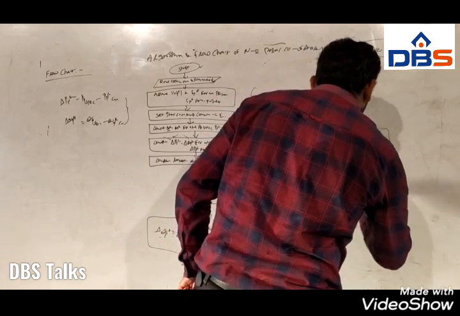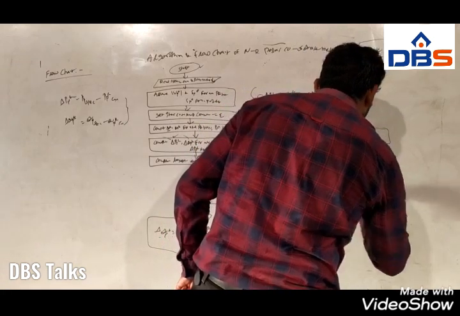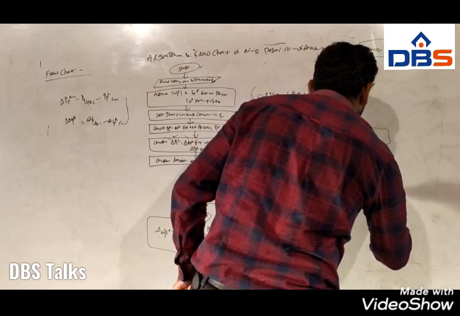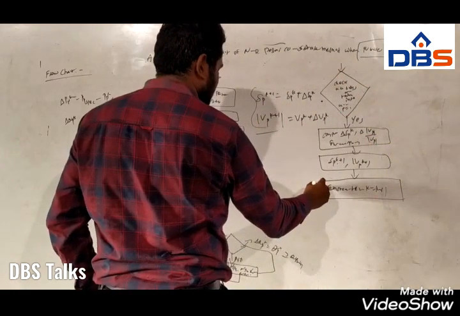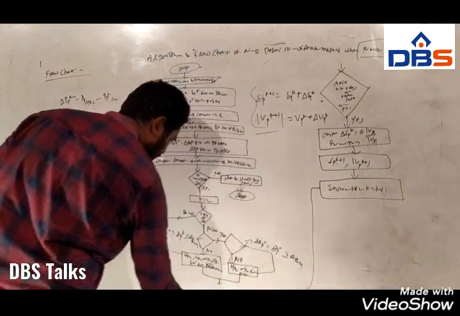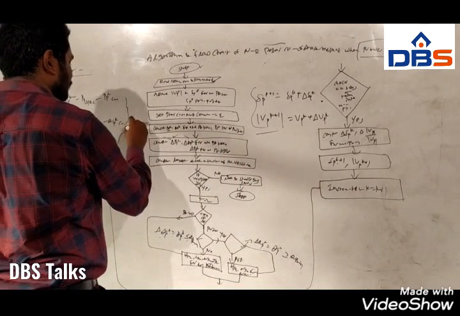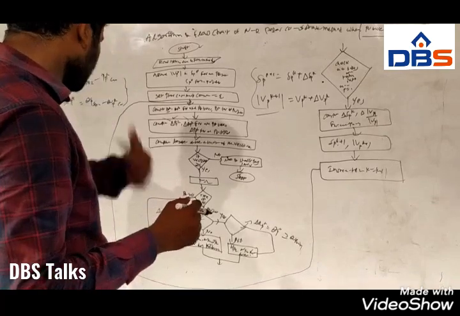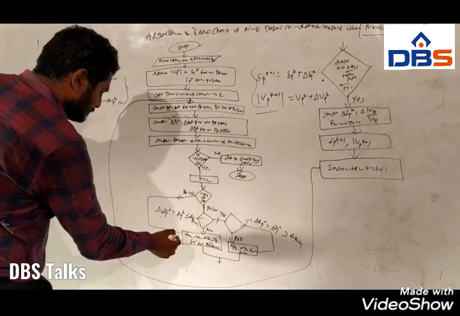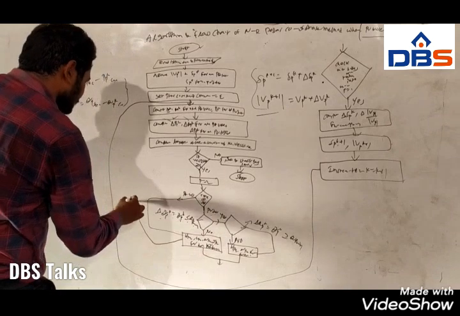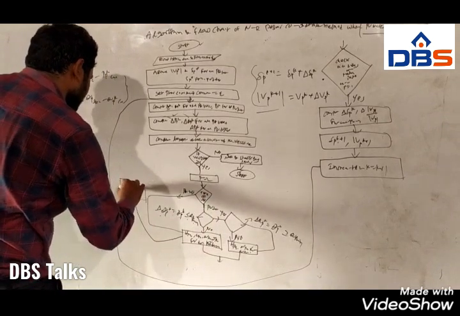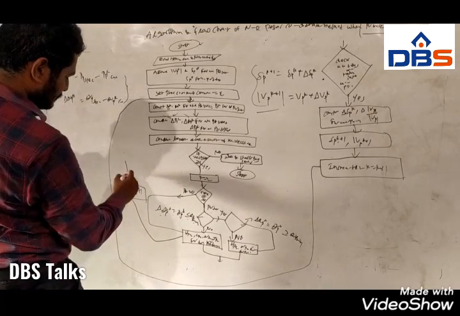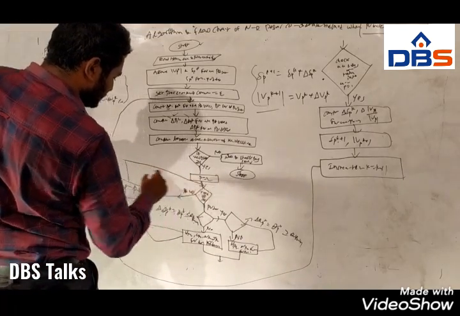so after that we are taking the iteration count, increment the iteration count, K is equal to K plus 1, and if it is yes, we have to move to step 4, that is compute Q power K for all PQ buses. At the same time in this one we have to increment the bus count, that is P is equal to P plus 1. So this will give the type of bus.